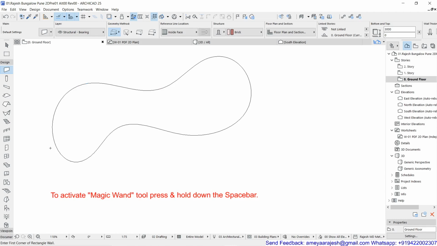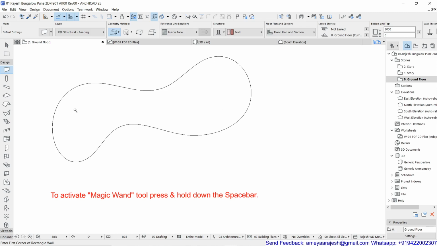And currently on my screen, I have used this spline tool and I have drawn such an odd shape object. Now if I want to generate a similar shape wall or slab, or maybe roof, I can use the magic wand.